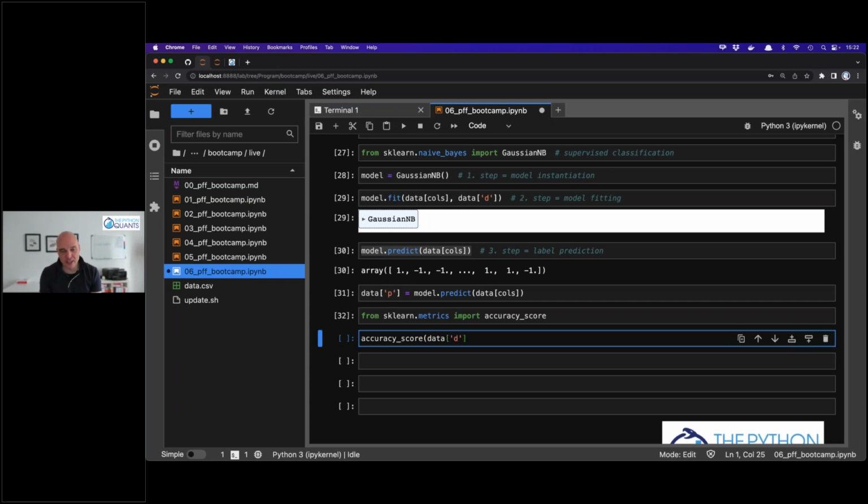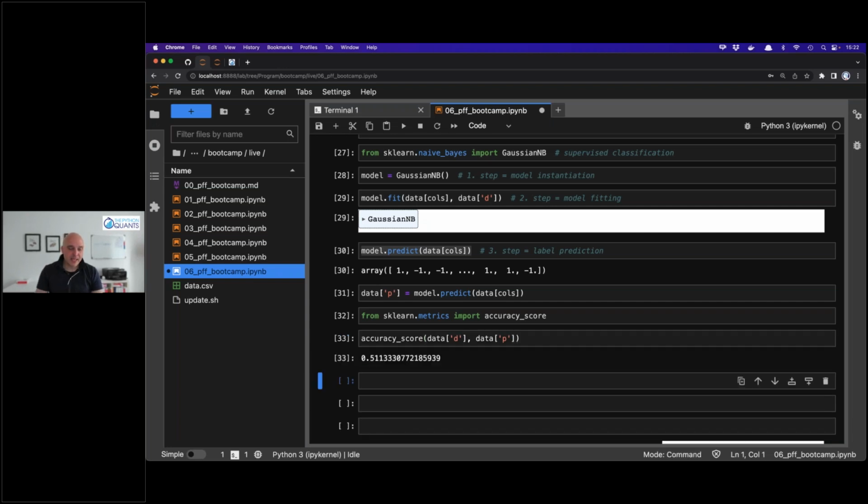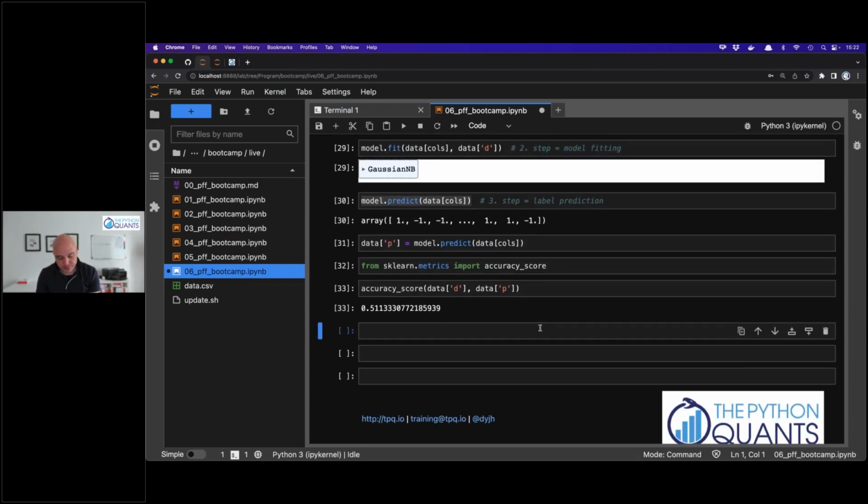This is the original data, D, and data P, this is the prediction data. And the prediction accuracy is slightly above 51%. So that's, yeah, at least better than 50%. No doubt about that. It's 1.1 percentage points better. But if this is good or not, this needs to be verified in a next step. And speaking of a next step,